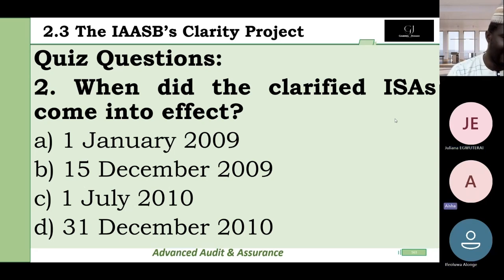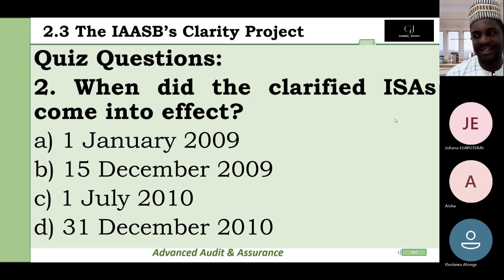I choose D. I know it's December, but I can't remember. I choose D. Okay. So this one I choose B. Okay, so J is going for B. I'll just go for B. I is going for D. Okay, so A is guessing B, or maybe because J said B, she's going for B. No. I just know it's December, but I know it's December too. I don't remember the year. Yeah, so B and D is the option. December 2009. I don't know the month. I don't know the day. But I know it's December 2009.